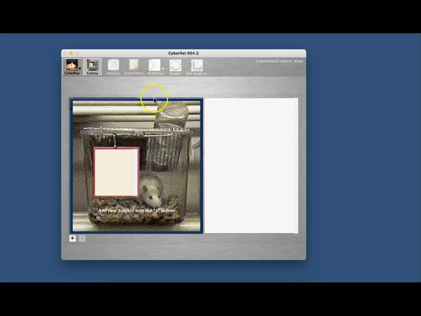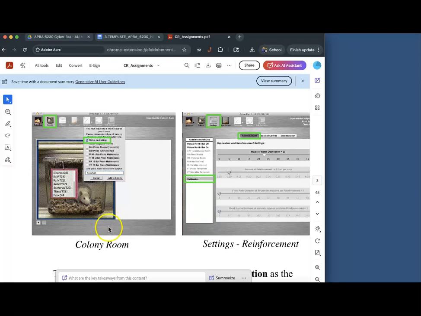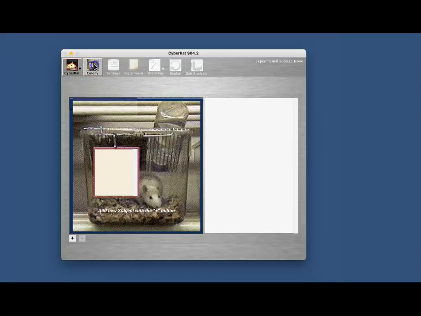And then you can actually see your CyberRat programs. You want to follow the steps for the observation lab. All right, so the first step is to go to the colony room and select a naive rat. This is a rat that's had no training. And then the second part is to set up reinforcement rules, and we'll set it up for habituation. All right, so here's